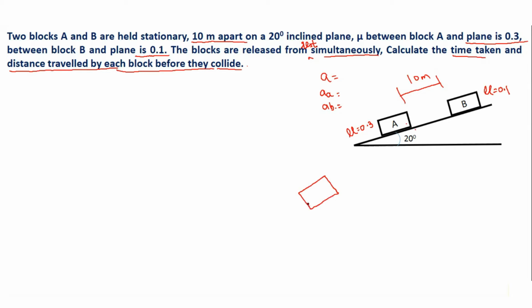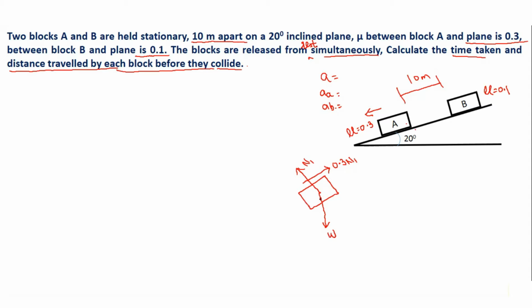So for A, first one, there is no applied force. Next will be self weight. So as weight is not given, let me assume the weight of block A as W. So I will write W here. Next is the normal reaction from surface. So there will be surface exerting one reaction, let it be N1. And finally there will be friction force. Now as it is given that the blocks are released and it is on the inclined plane, this will try to come down. So as they are coming down, the friction force will go towards upside with a value of 0.3 multiplied by N1. So with this we have shown all the forces acting on the body.